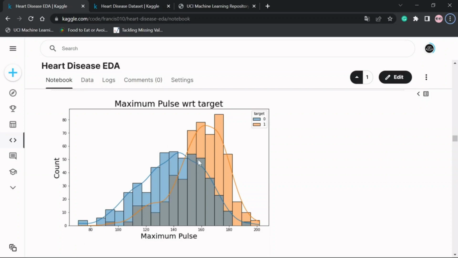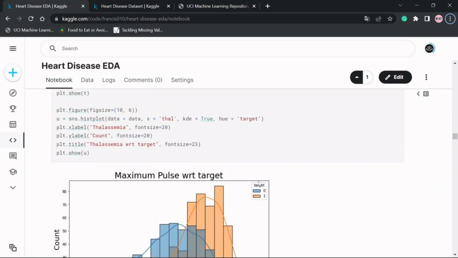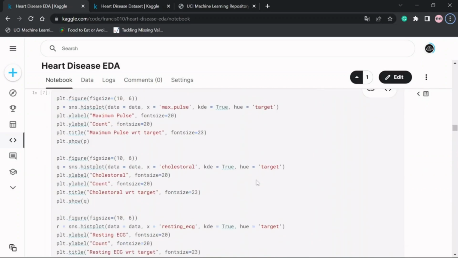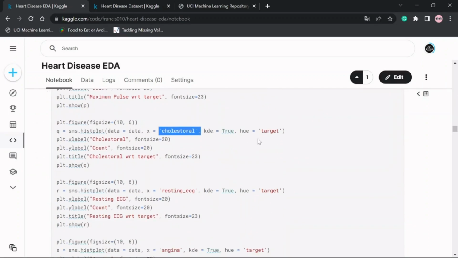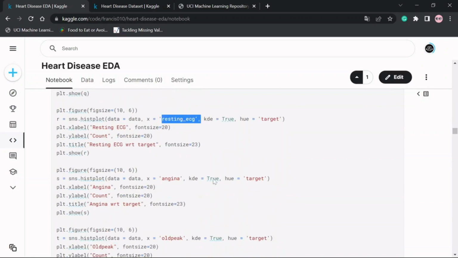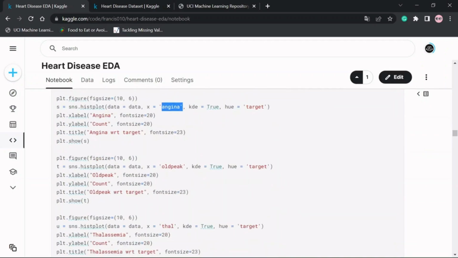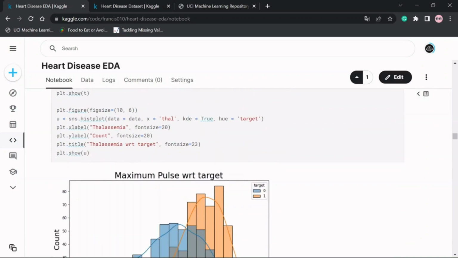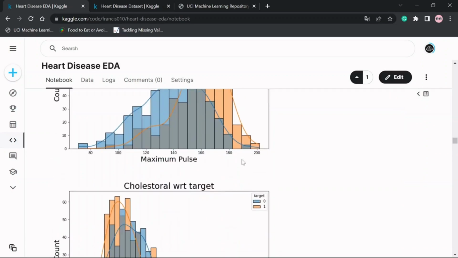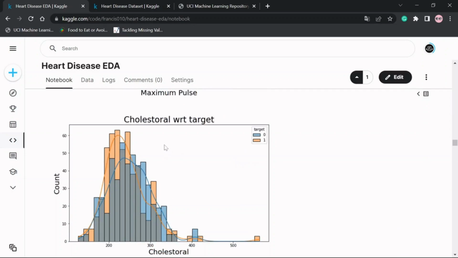We cannot predict, and there is a 50-50% chance for people that are in this region, like the grayed out region. Similarly, we can plot the other attributes with respect to the target. Let's see what we have plot. We have plot the cholesterol with respect to the target. We have plot the resting ECG, the angina, and old peak, and the thal attribute. Let's see what goes with the